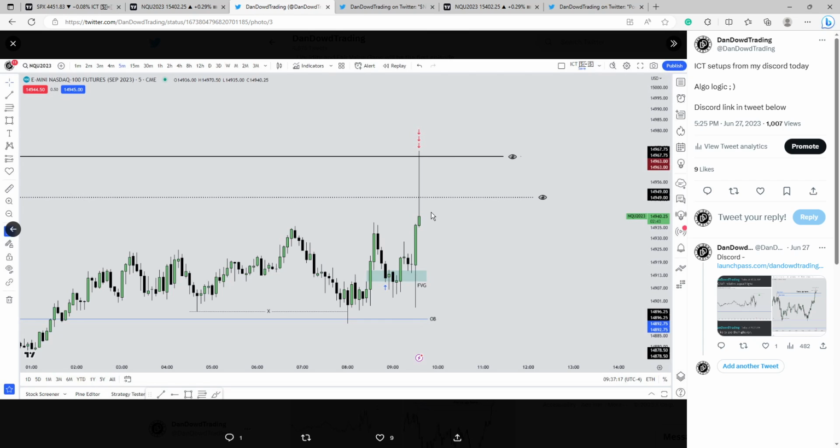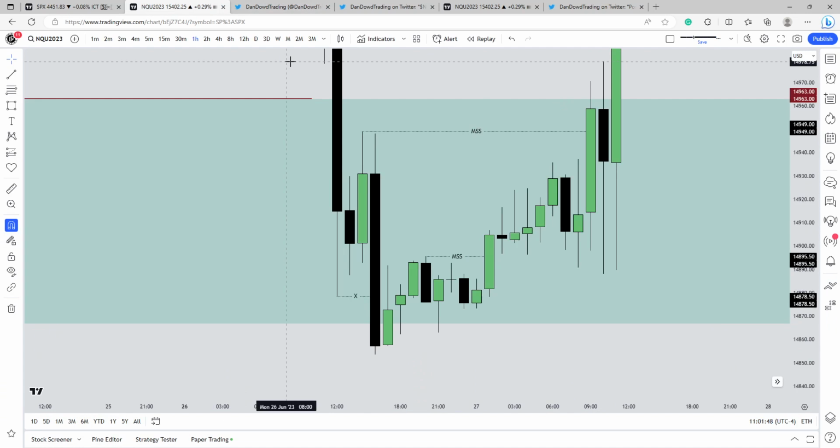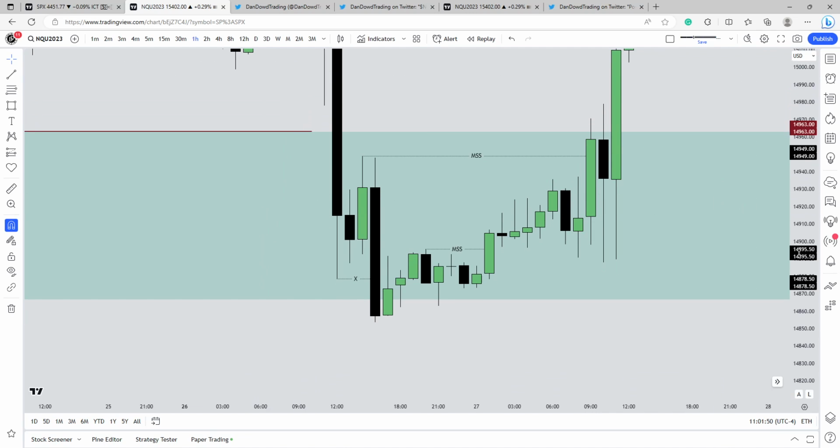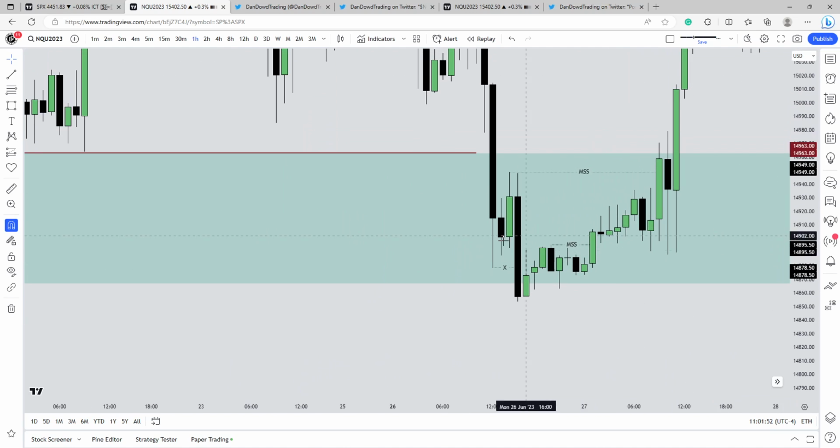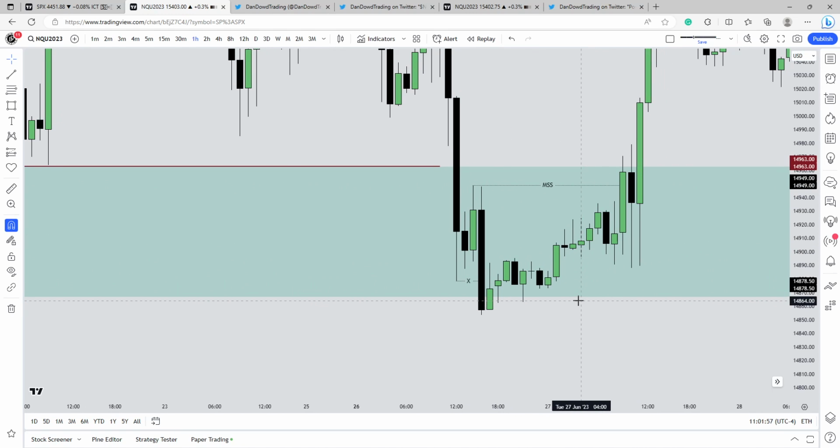So I brought the receipts just for the people that are calling me a hindsight trader. I just want to show you guys that these were called in real time. So now if we're just looking at this level as our market structure shift, now we have crossed off 3